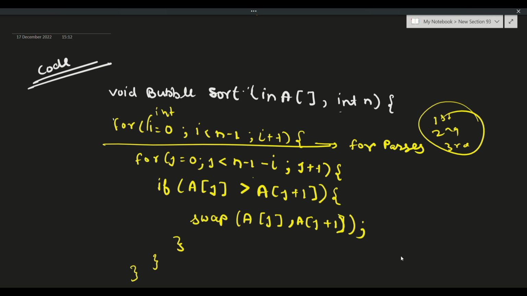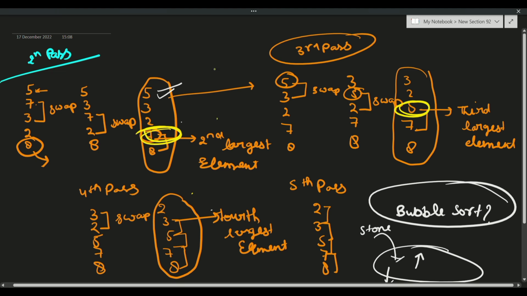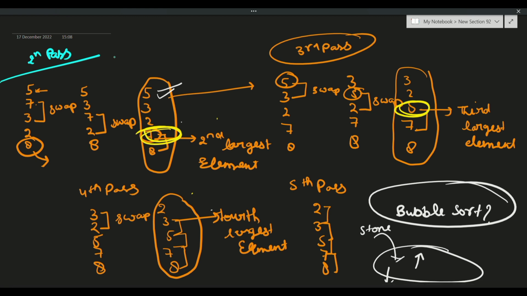Previously we have to understand one most important thing: is this array sorted or not? Yes, it is sorted, but what if we take a sorted array? If we take a sorted array, it will run for 5 passes every time, but we know that it is already sorted.